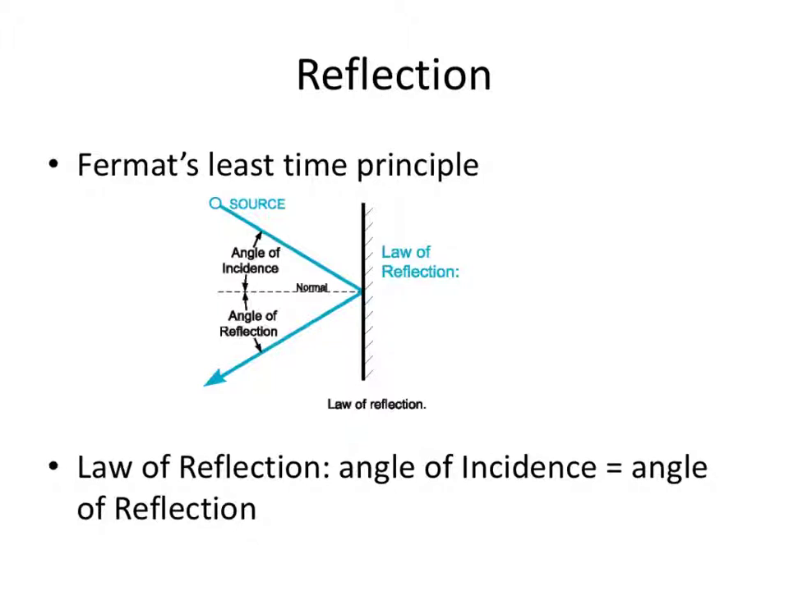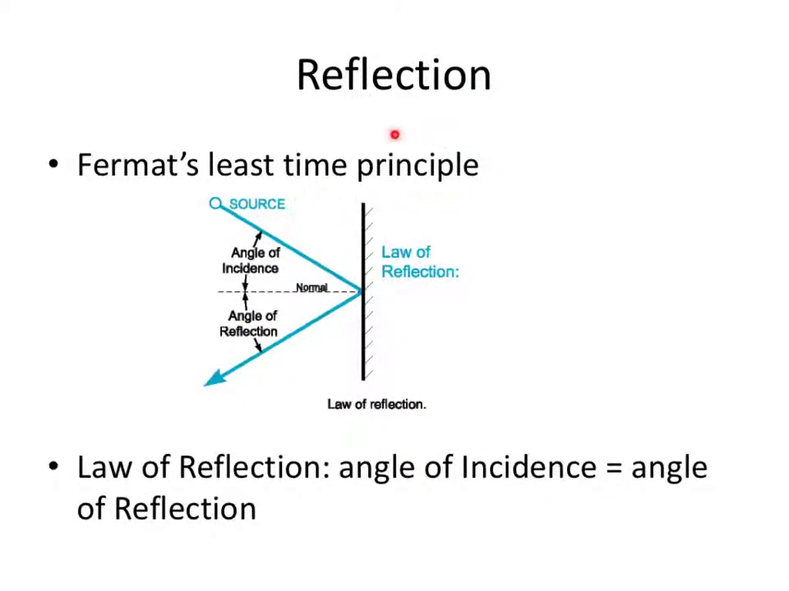So now we're going to take a look at some of the properties of waves. And one of the properties is reflection. And I think we're all pretty much familiar with reflection. You can stand in front of a mirror, see your image. And that, of course, is caused by the reflection of light. Okay, now, reflection